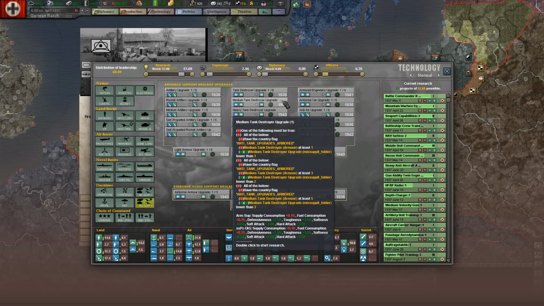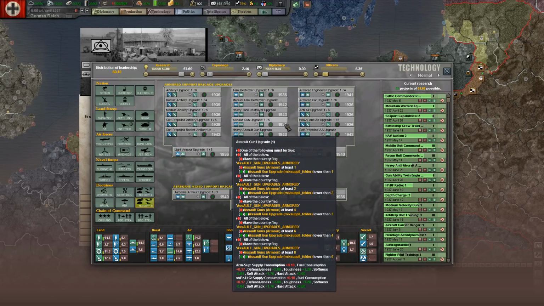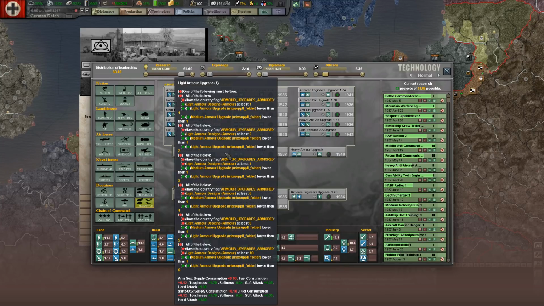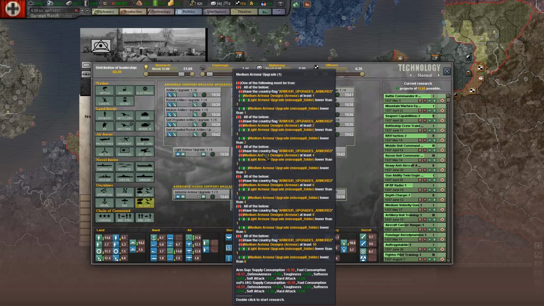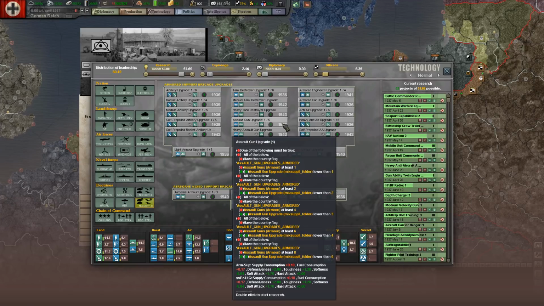Medium tank upgrades, yeah. Destroyer, heavy tank destroyer. Hard attack, soft attack, defensiveness. Wow, okay,